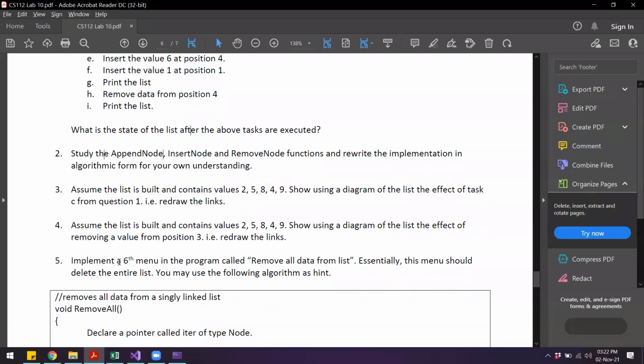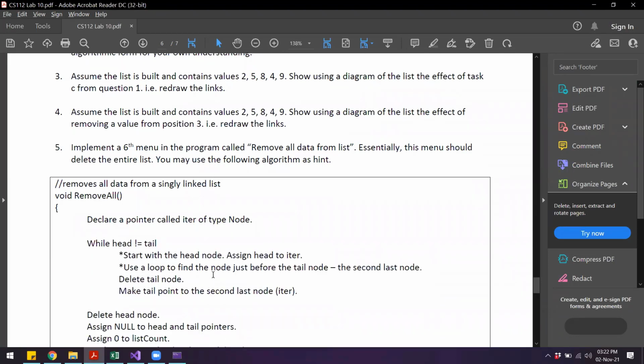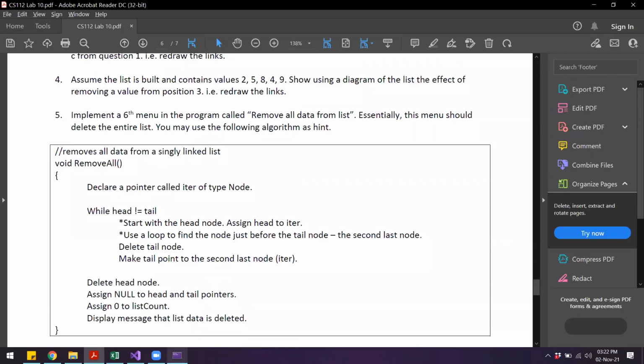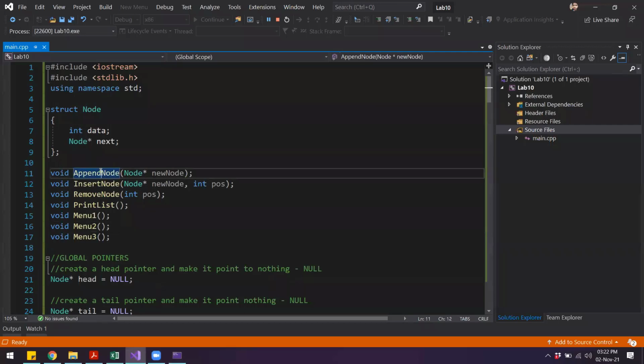Then it says implement a sixth menu in the program called remove all data from list. Essentially, this menu should delete the entire list, and you may use the following algorithm as a hint. So far in our code, we have a number of algorithms. One of them is to append the node, insert node, remove node.